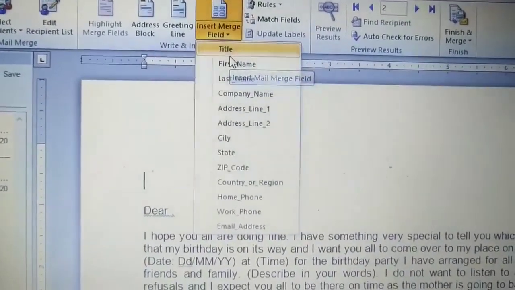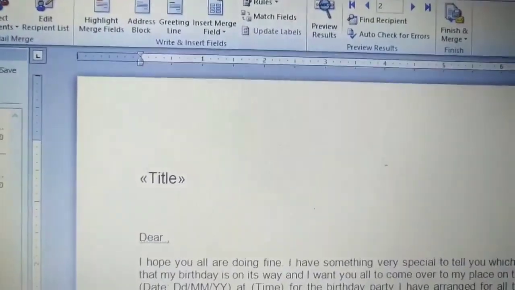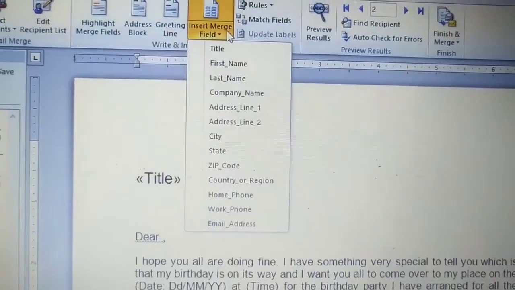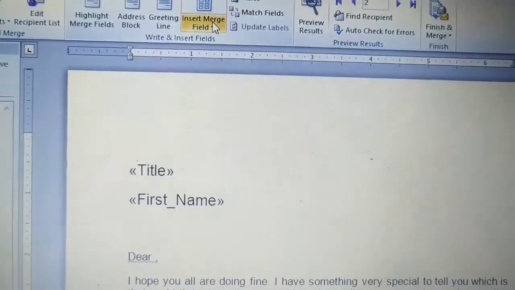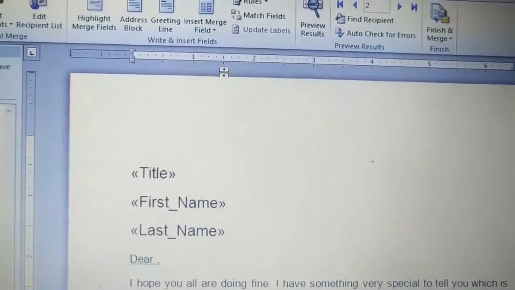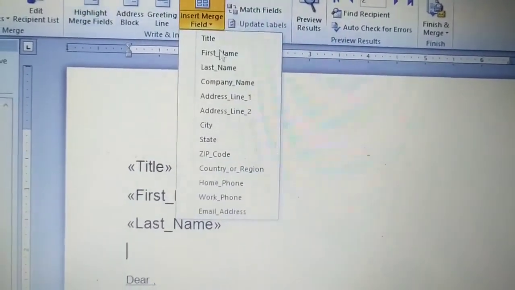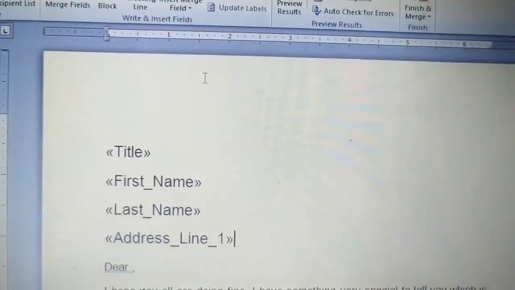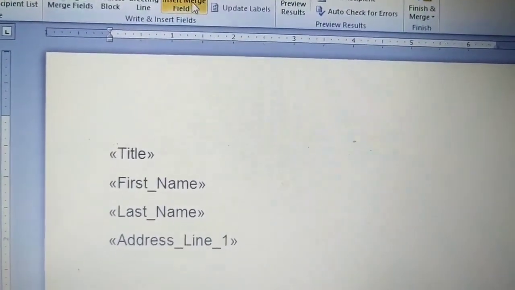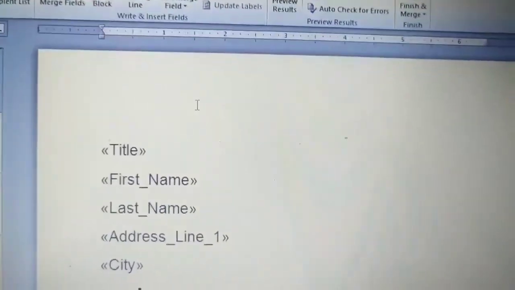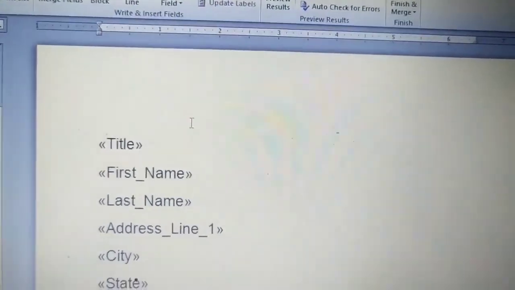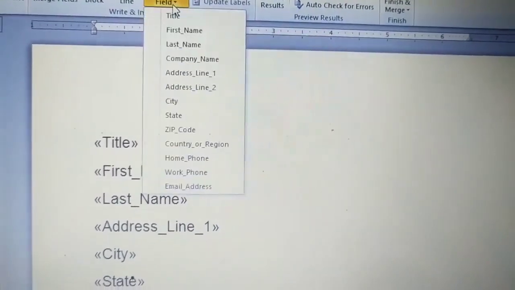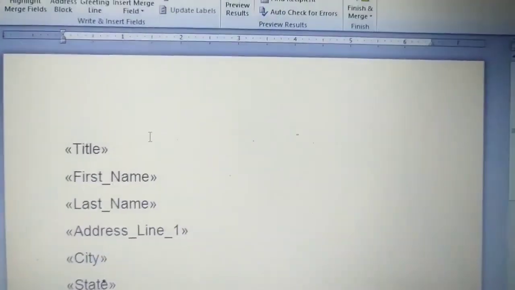Then first you insert title, then enter, then first name, enter, last name, enter, address, enter, city, enter, state, enter, and finally the zip code.